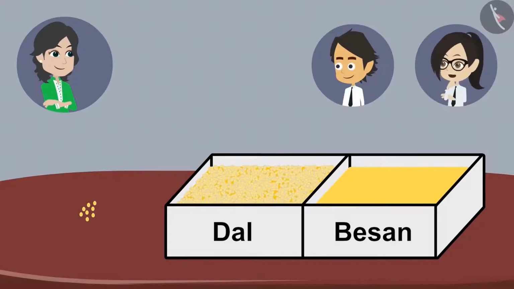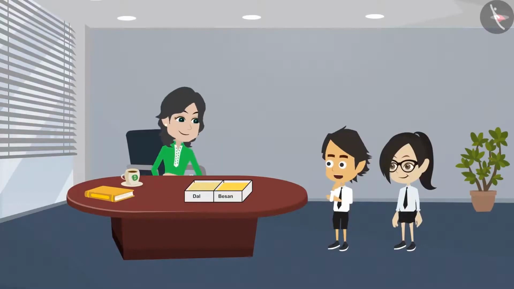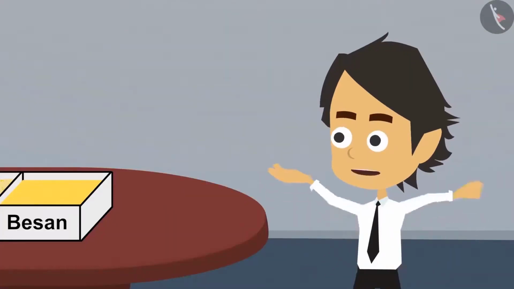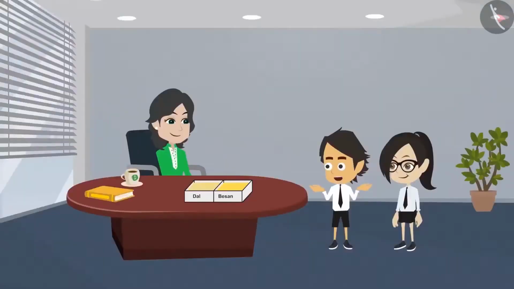This pile is huge. By the time I finish this, it will be late in the evening. This is not the right way to measure dal. This means this is not the way to divide dal into two equal halves. We can neither cut nor count it, and unlike liquid, we cannot measure besan. So how do we divide besan?